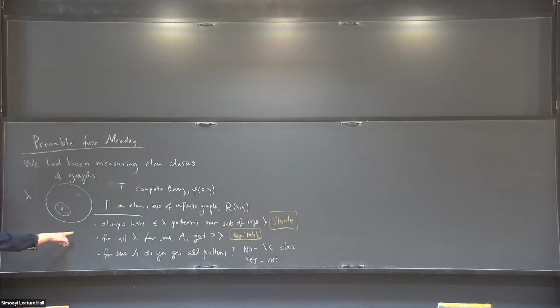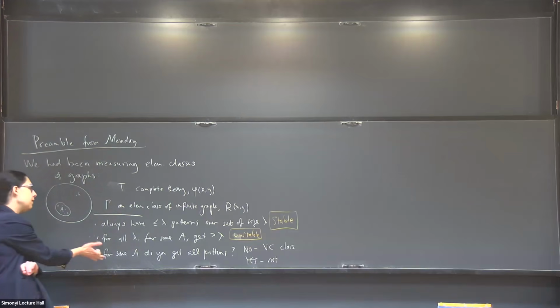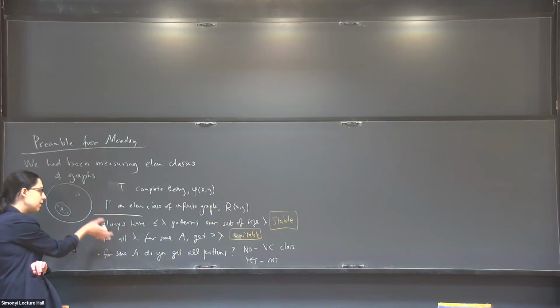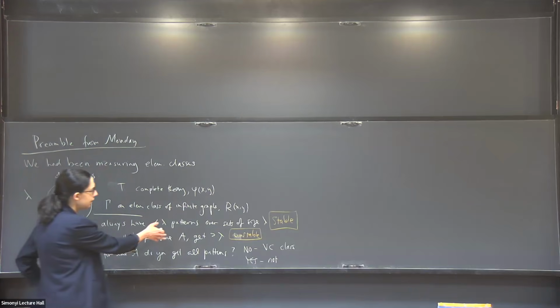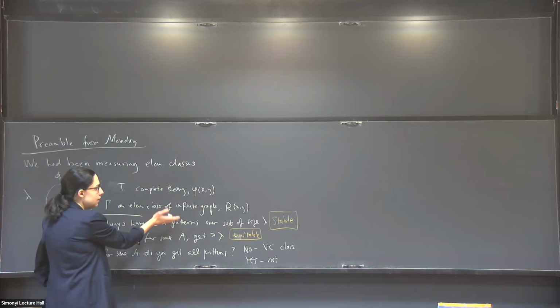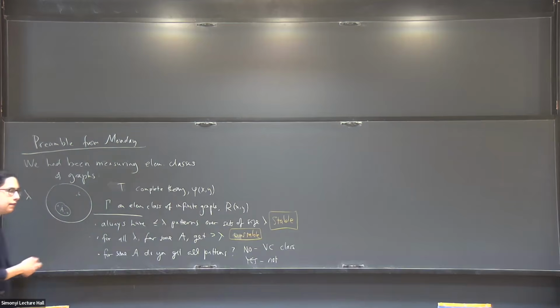So remember we had discussed that in the finite, it still makes sense to ask whether you have a set of size n over which you get 2 to the n many patterns or not. And there was this polynomial-exponential dichotomy coming from the Sauer-Shelah-Perles lemma, saying that either you have all patterns or you are bounded away from all patterns. But we had also talked about the fact that in the finite, you don't see this difference between stable and unstable, right? So our picture was,